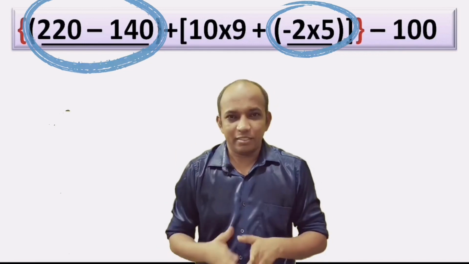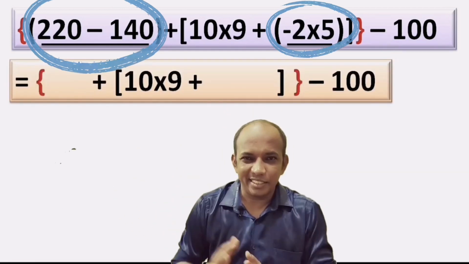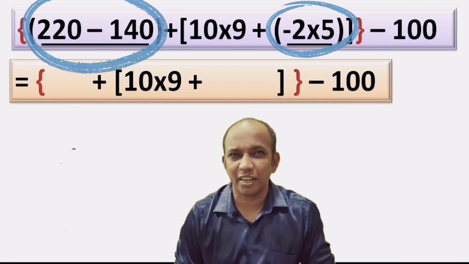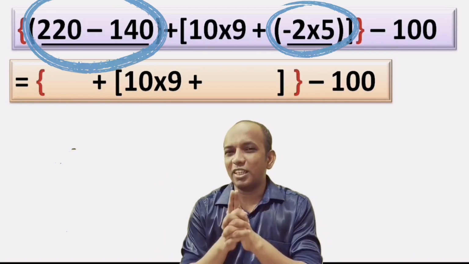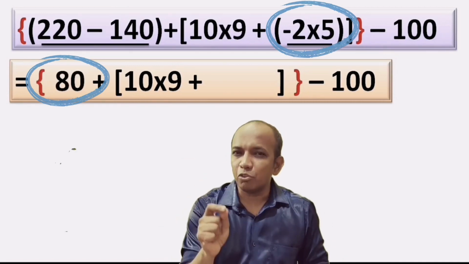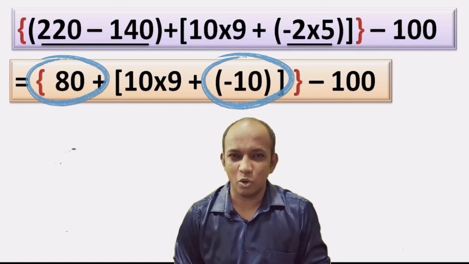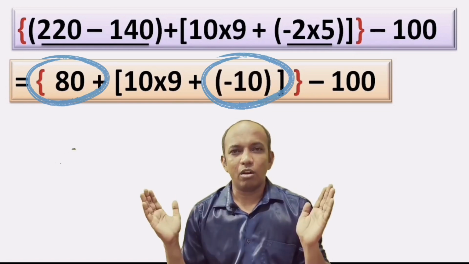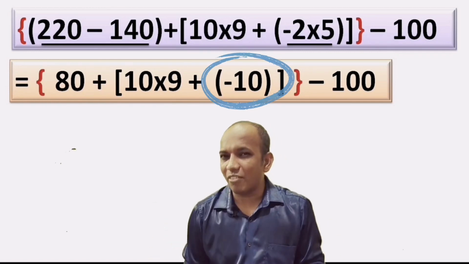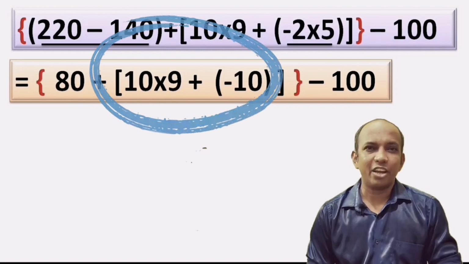So leaving those brackets, the underlined ones, you have to copy the remaining sum as it is, and the moment you solve the bracket operations, in the first bracket we have 220 minus 40, that results in 180. Okay, and in the second bracket we have negative 2 multiplied by 5, that results in negative 10. Okay, keep it in mind. And now if you observe, we have a curly bracket, right? Inside the curly bracket we have a square bracket. In the square bracket there are 2 operations we will carry out.